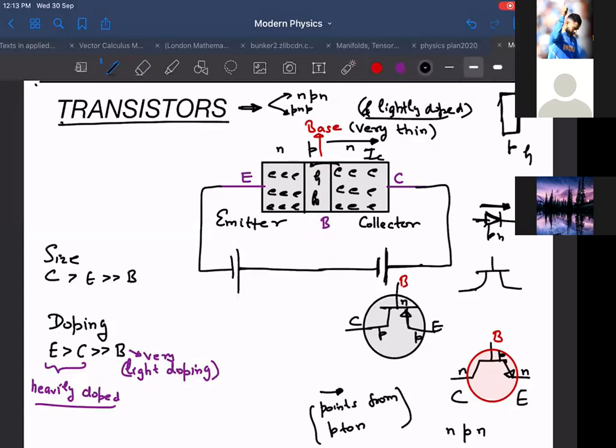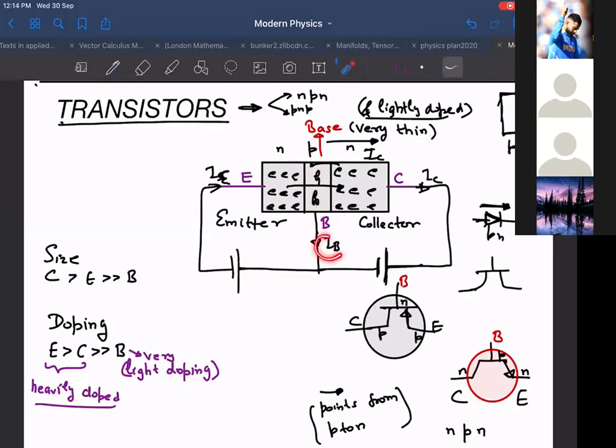Why? Because the potential barrier will not be created. But if I connect it, then what? Some part will come to the collector current. This is the emitter current, and part of the current will come to the base side. Density of the charge, say one, as it combines with the negative charge there, will neutralize that negative. So it will be like charging P again. This will be continuous charging and discharging.